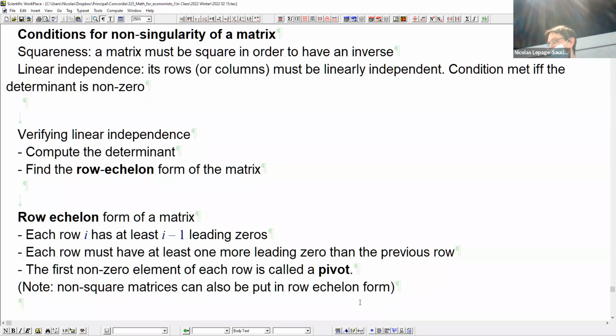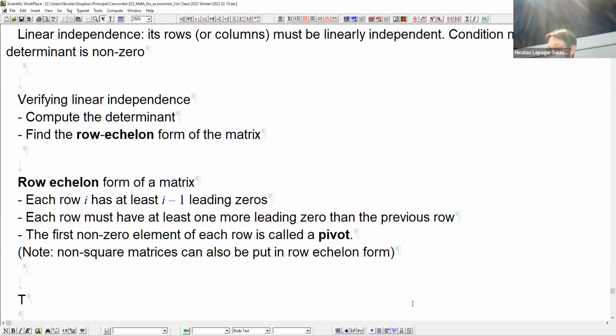I don't know how much use you have for a non-square matrix. Okay. And to put a matrix in row echelon form,